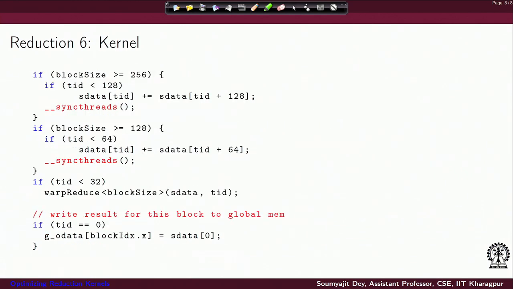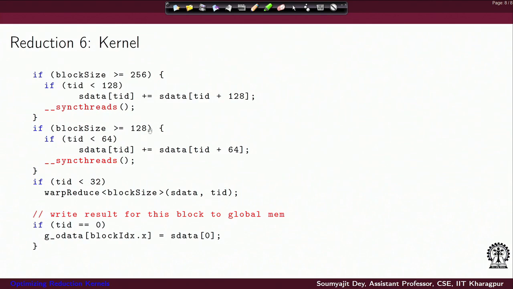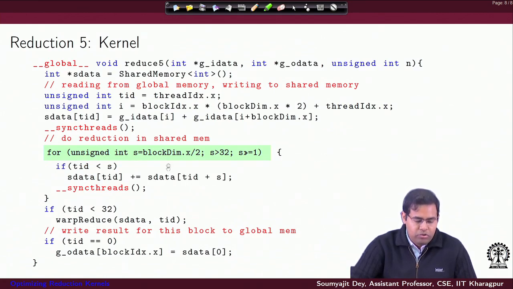Suppose your block size is 512, that would mean your code will start executing and will execute this entire sequence of if blocks, because that is what the equivalent loop will do.